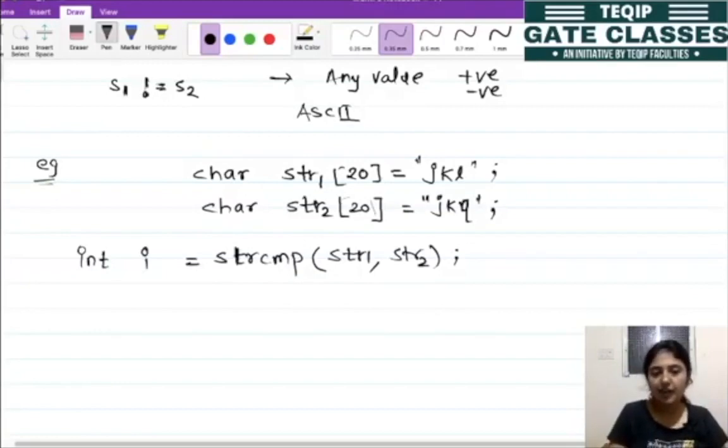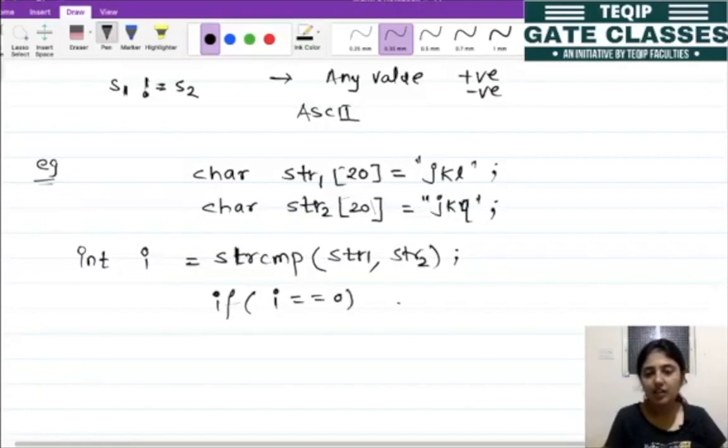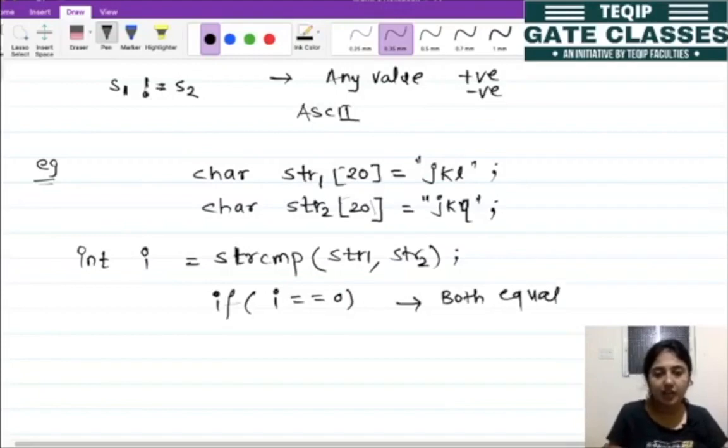Finally we can print the value of i. Based on the value, if this return value is equal to 0, we can say that both are equal, right? And if this condition is not true, then we can say the two strings are unequal.